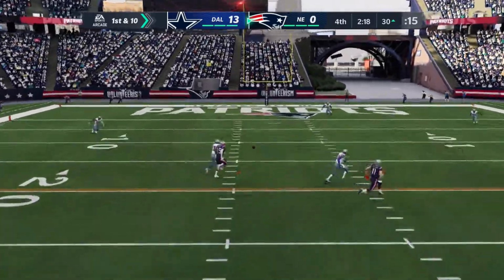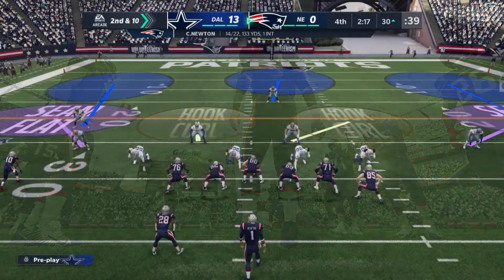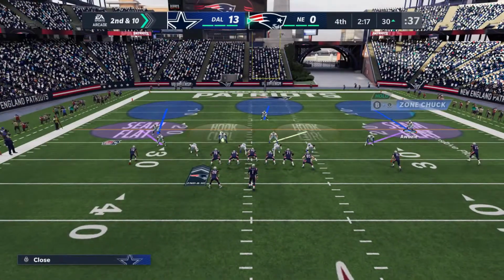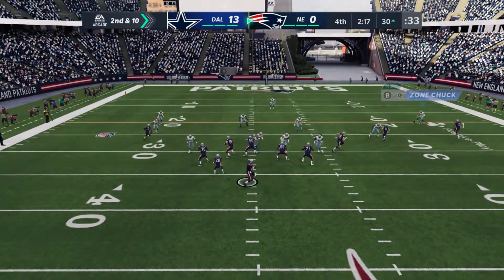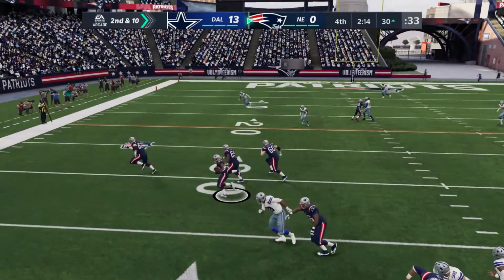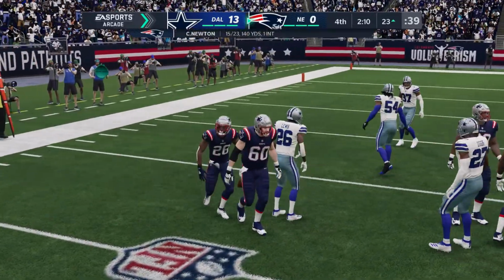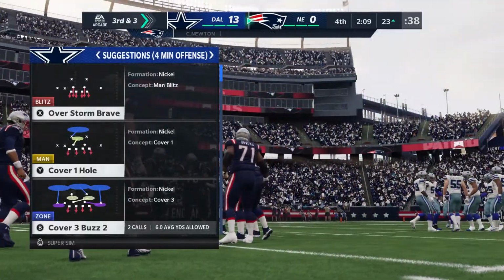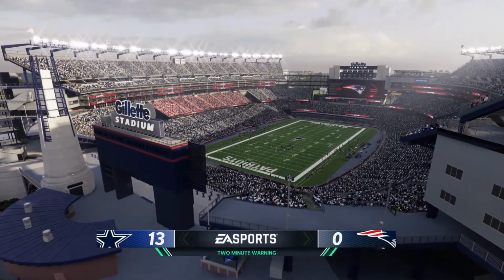Throwing again is Newton. Throwing over the middle, but it's incomplete. N'Keal Harry was the intended target, and that'll bring up 2nd down. Coverage on the play by Trayvon Diggs. Throwing again, Newton. This is White on the screen. They get 7 out of that, so they're left with a 3rd and 3. They had the catch on 2nd down, but it didn't help at all, and now they're looking at 3rd down